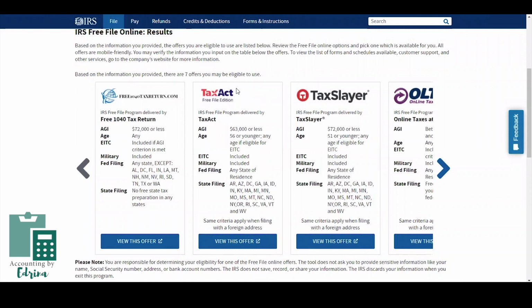So now this next one here is TaxAct. So this is one of the things that you need to consider when you're looking at these free file options: there could be an upcharge if you start adding in more forms. So like if you have mortgage interest, it's going to be an upcharge. So it won't end up being free, but it could still be a good option for you if that is within your budget. So you can go ahead and click on view this offer and it'll take you directly to